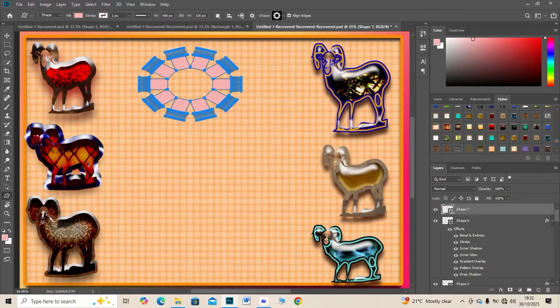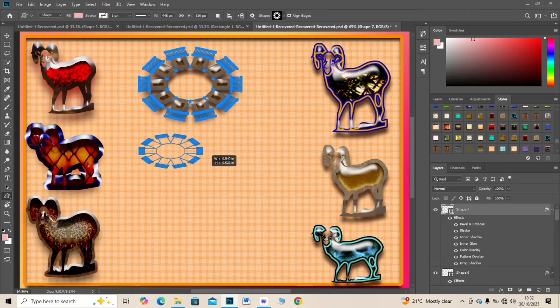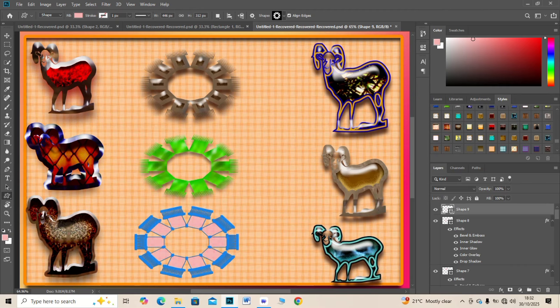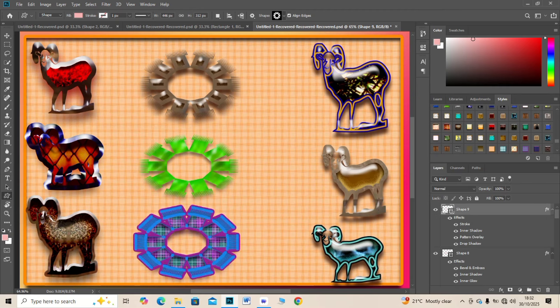Add small icons around the main shape. Apply curves for tone balance and add a border frame for structure. Now merge all layers neatly and add a soft vignette for focus. Save your